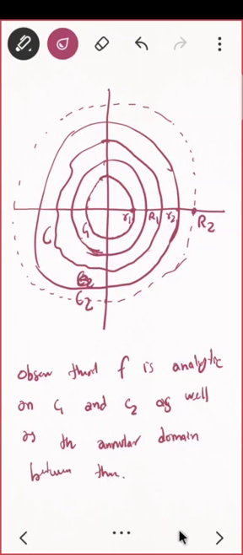Okay, so if you are having this, then what do you mean by that? C2 is the larger one. This is C2. Then my C1 is in between, and in the domain is my contour C. This is my C. So this is C2, this is C, and the inner part is C1. Correct. So I need a relation on the integral of this. Correct. So let us construct.